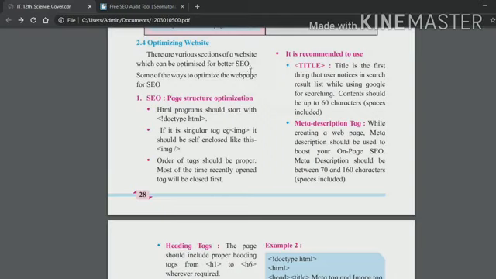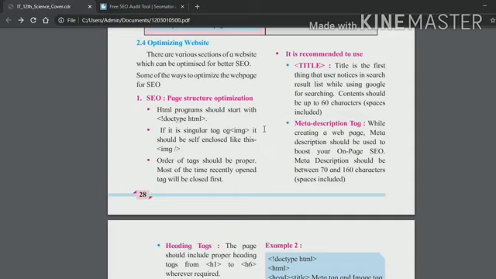Now when we are creating any website, at that time we think that the website created by us will be shown at the first location when any user uses the keyword of our website.